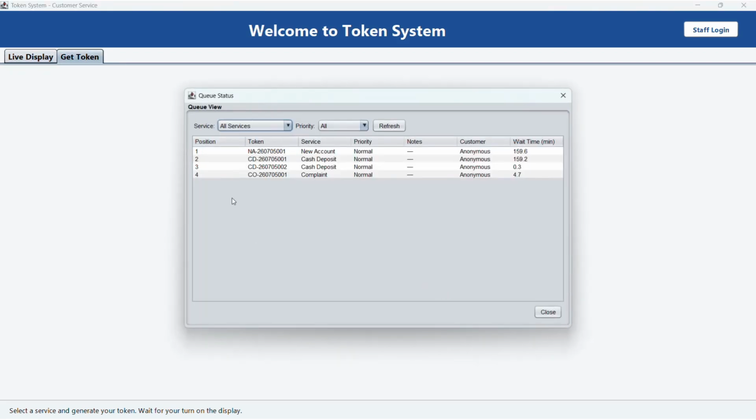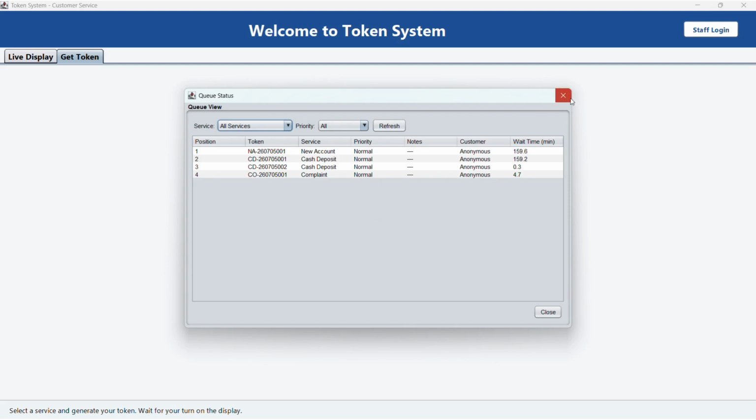We can see their token CD 260705001 for complaint. The cash deposit is currently number 3. Additionally, we can see all the counters currently. All are ready to serve.